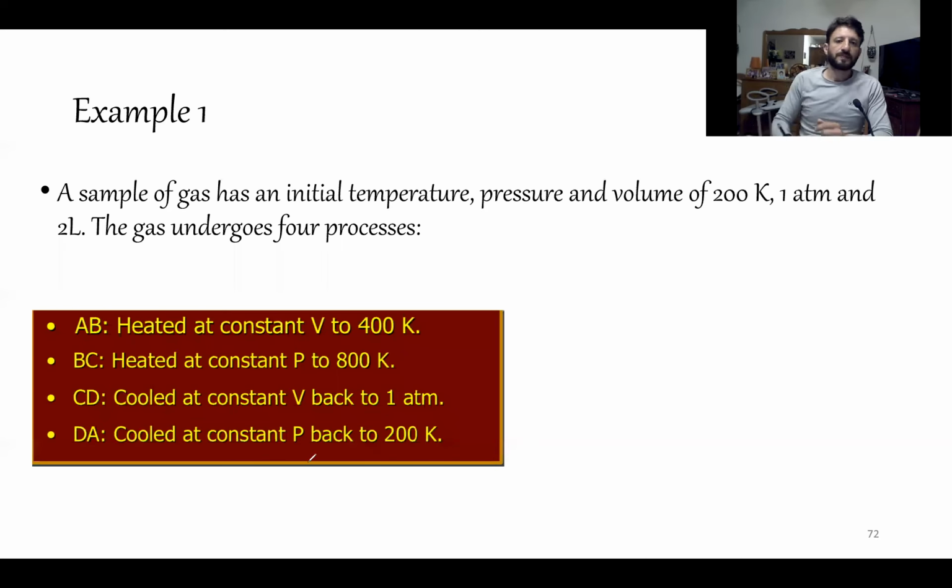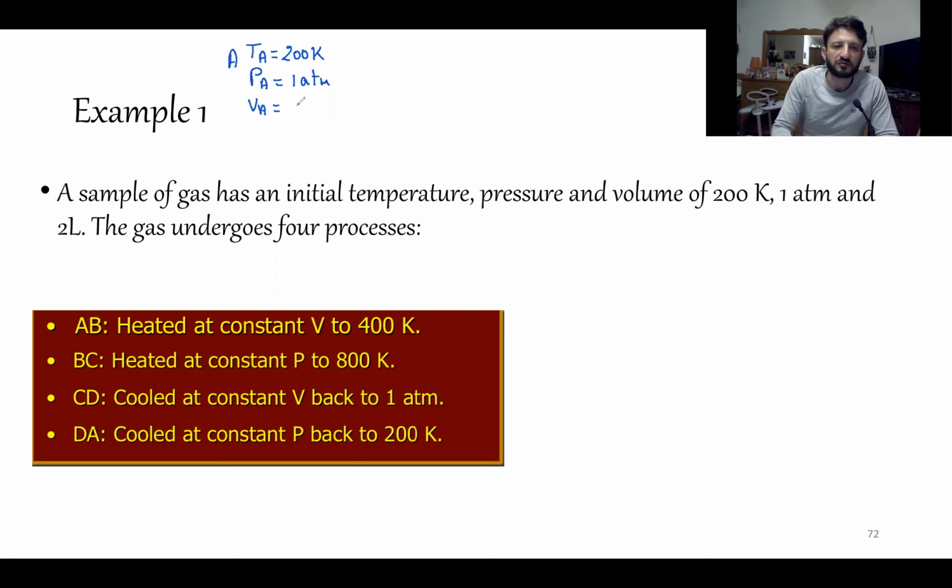Example 1. We have a gas with initial temperature T1. Let's say the initial state is A. We have TA equals 200 Kelvin, PA equals 1 ATM,